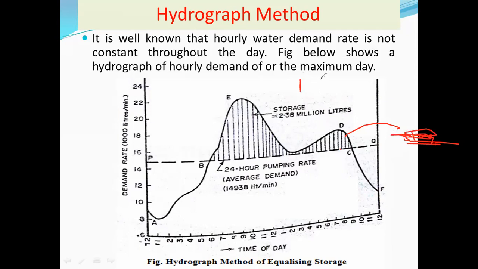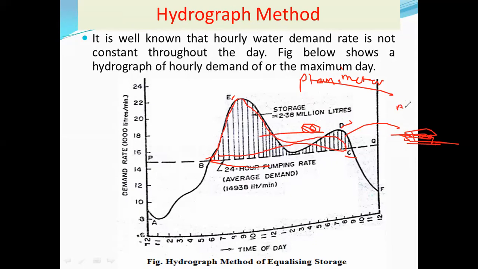With the help of planimeter. You might have studied in surveying what is planimeter. So planimeter is an instrument with the help of which we can directly find out the area enclosed between a closed boundary. Now here you can see this is the closed boundary between B, C, then this is D, E and B. This is the closed curve. If you put the pointer of the planimeter here, and if we go on tracing this closed curve, then you will get the area enclosed within this particular closed curve. Okay, आपला area भेटेल.